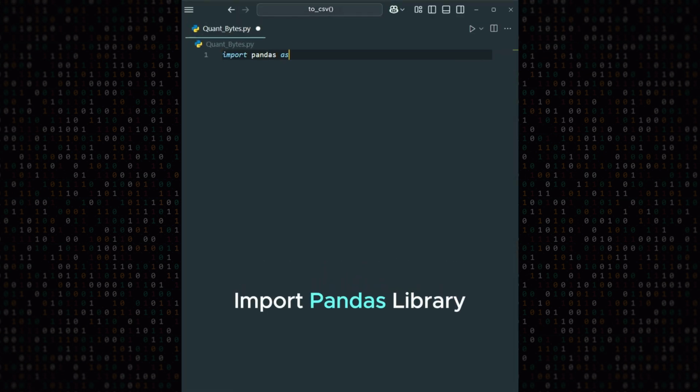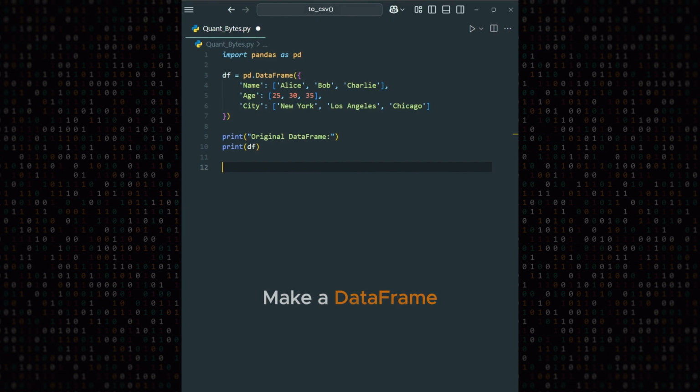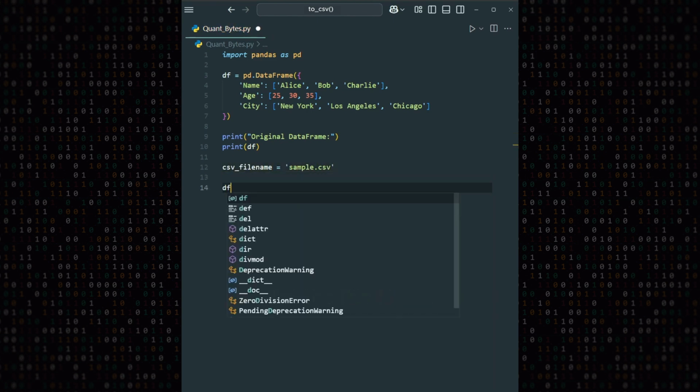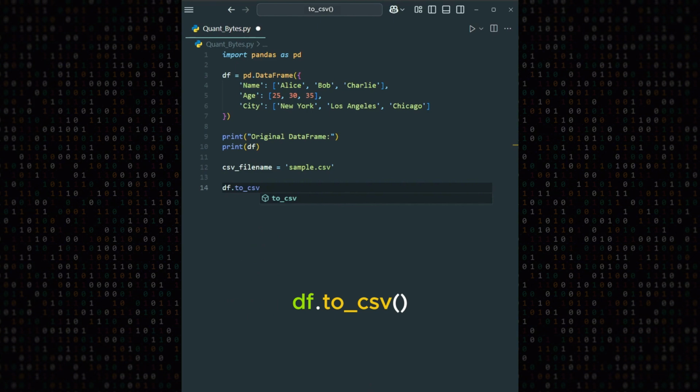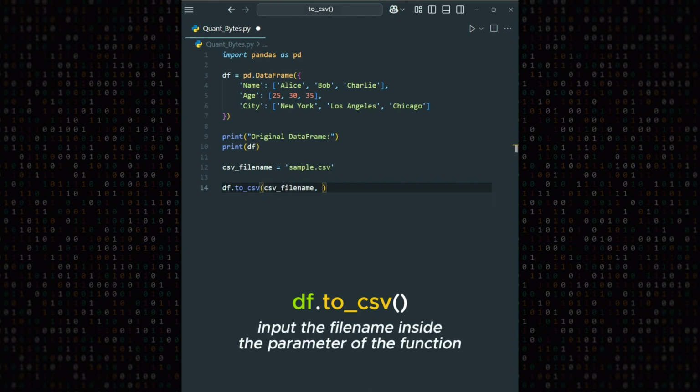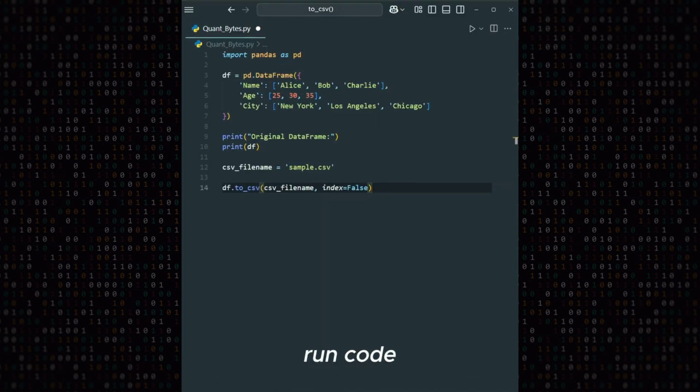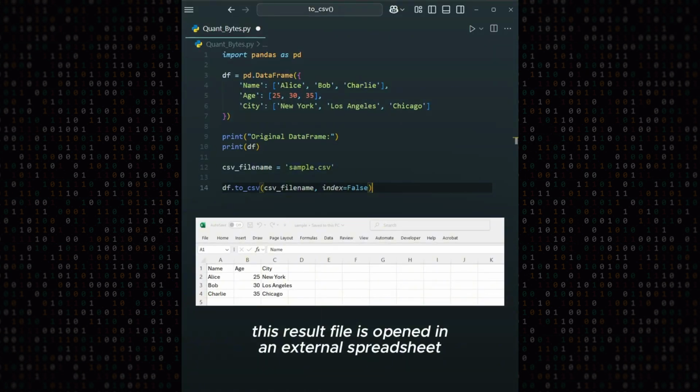Here's how to write a data frame to a file. First, import Pandas. Here's an example data frame. Now set the file name. Now say df.to_csv file name, comma, index equals false to not write the index to the file, and that's it. I find writing the data frame to a file to be very